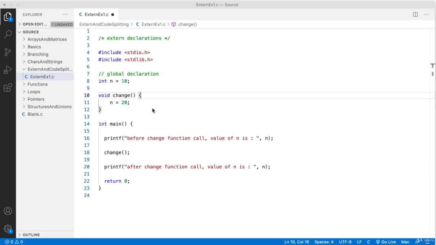Let's now understand what is extern declaration. Extern declaration is important for you to understand actually. But before that, let's recap what is a global variable and a local variable. A variable which is declared outside the function is called a global variable, and it could be accessed throughout the